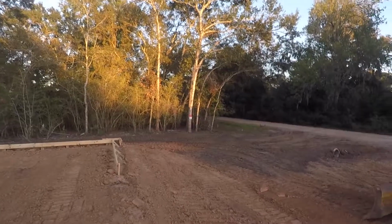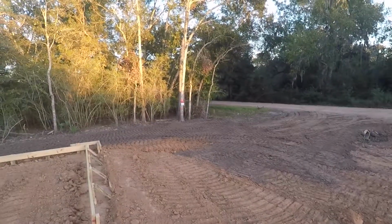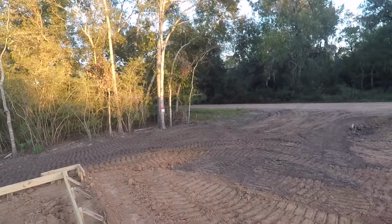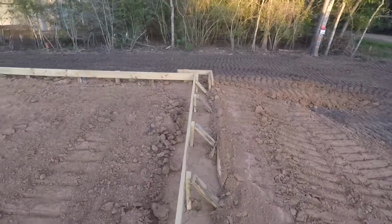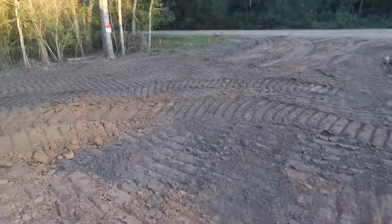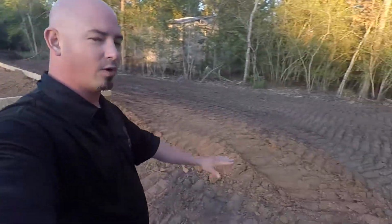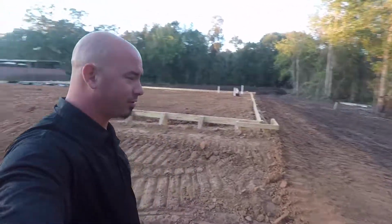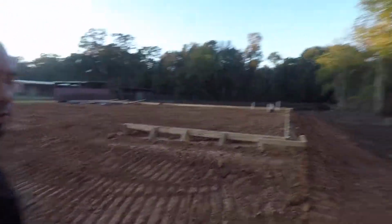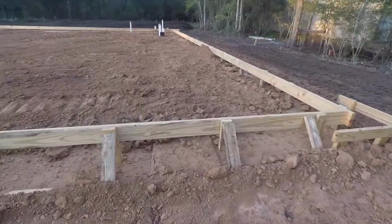So the last time I was out here, we had the pad about halfway done. If you remember the tree over there, it was almost up to the spike and still needed to go another foot, basically where that orange line is on the tree. You could still see the spike that was out of the ground, and down here was a bit more of a drop. Now we've got our 3 foot of dirt, and we've also started working in the sides with some topsoil. So it's going great. The guys have already set the forms for the outer band of the foundation,